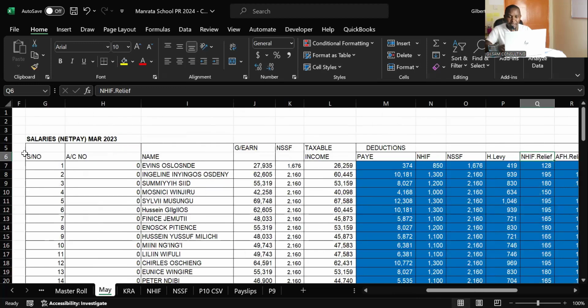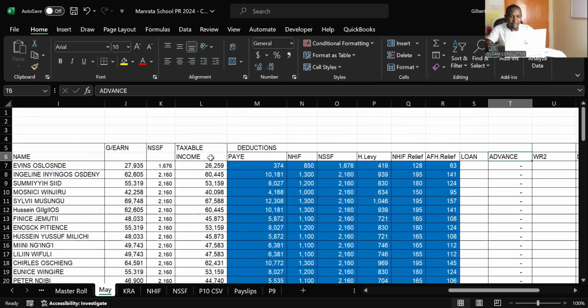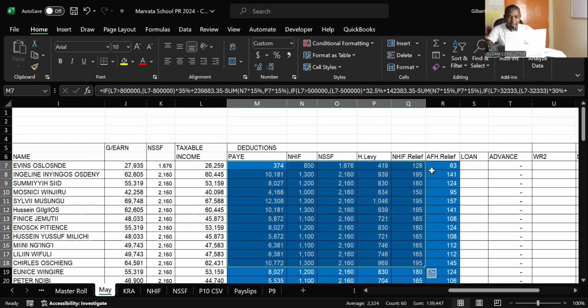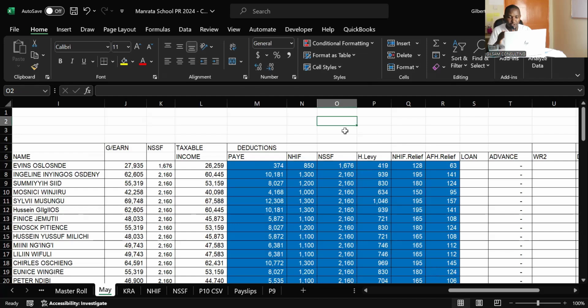And then my concern here is this deduction, which I've colored here. These are my deductions, and we are interested purposely in the PAYE and NSSF, housing,